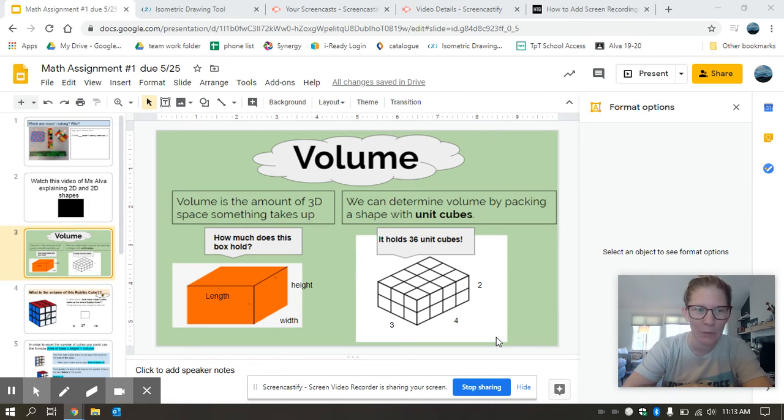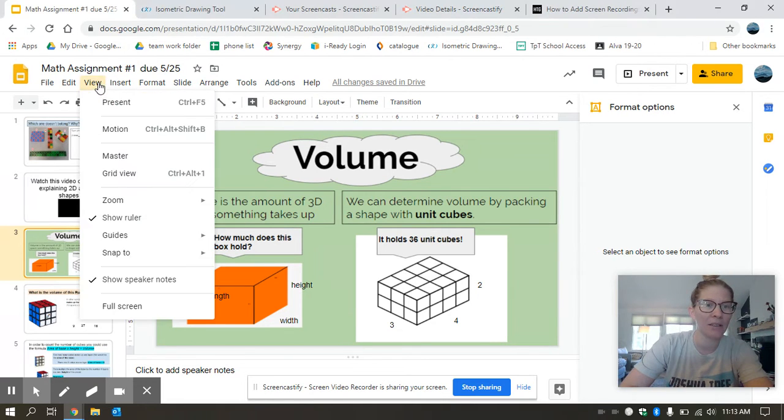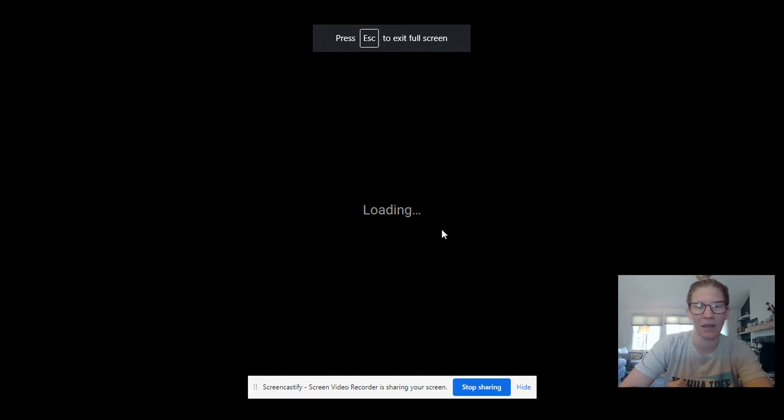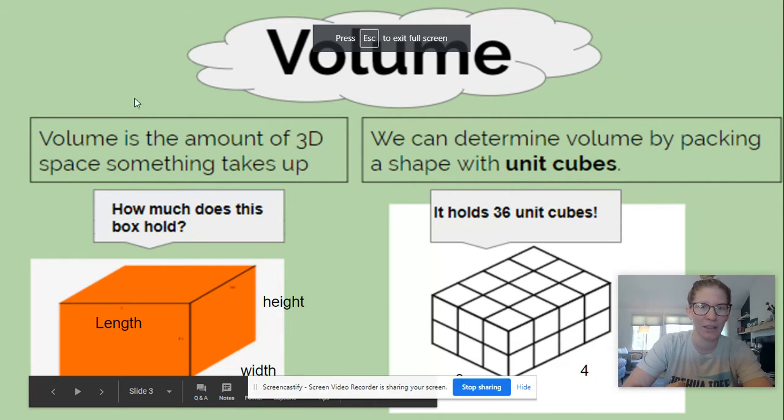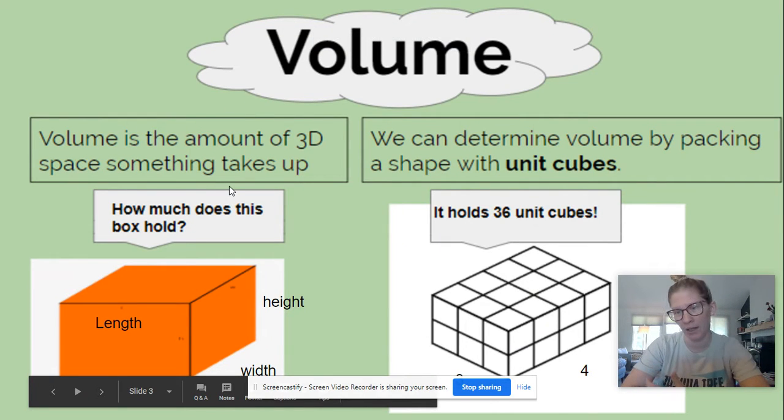Okay, now that we know the difference between 3D and 2D shapes, we can talk about volume, which is the amount of 3D space an object takes up. So here's that definition right here. So another way to think of this is to look at this box and to say,